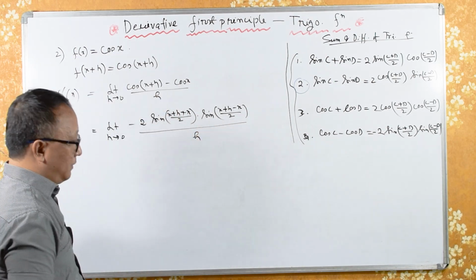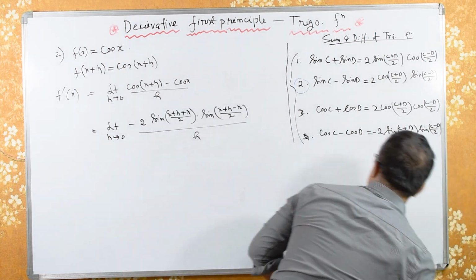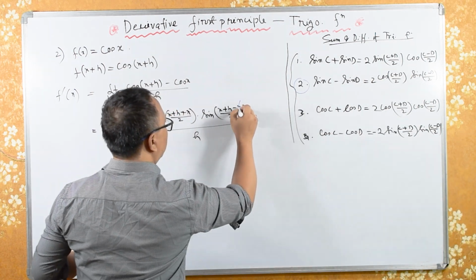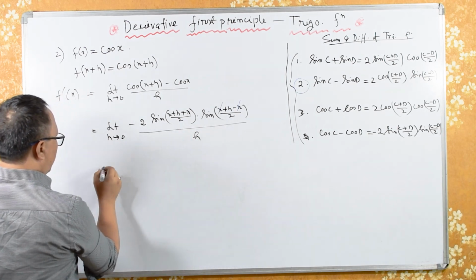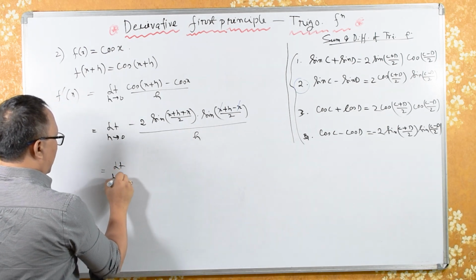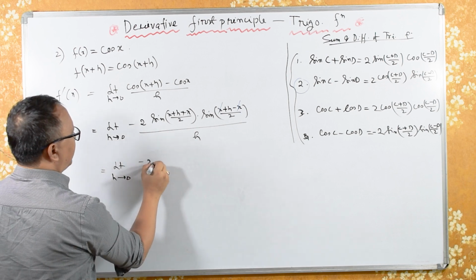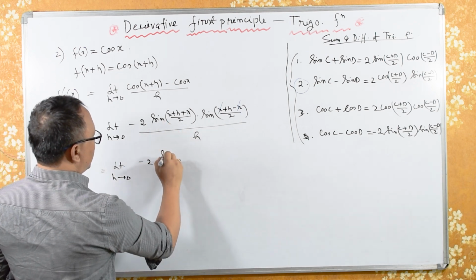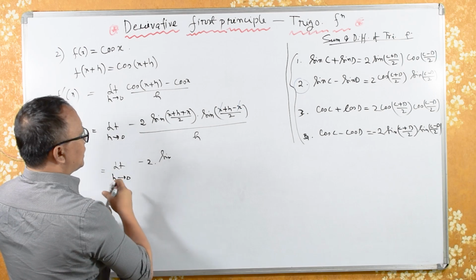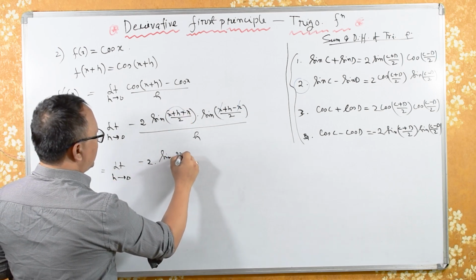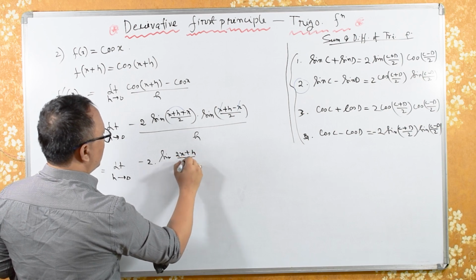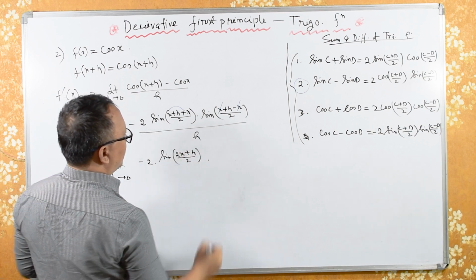Here minus x and plus x get cancelled. Now we have limit as h tends to 0 of minus 2 sin of (2x+h)/2 into